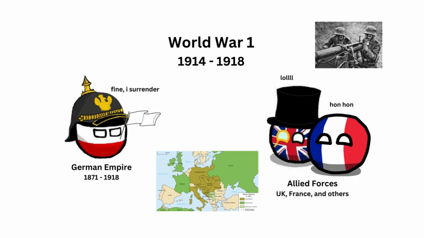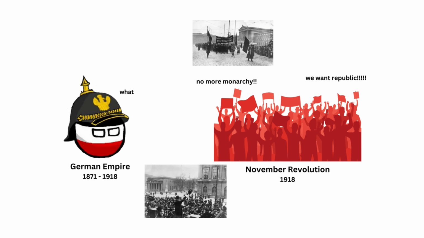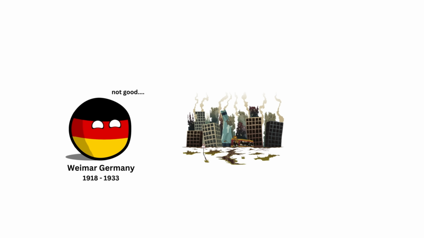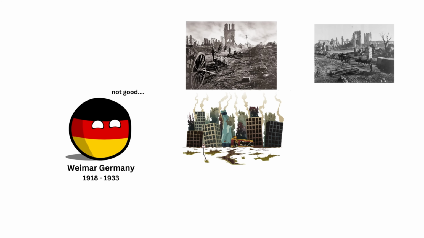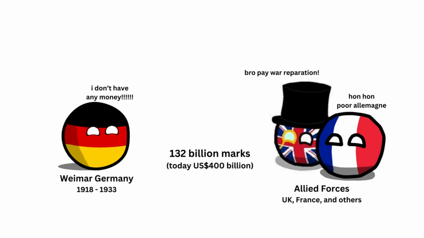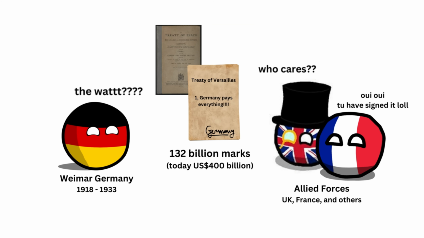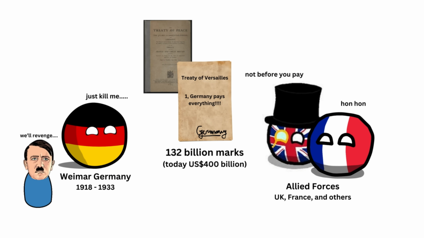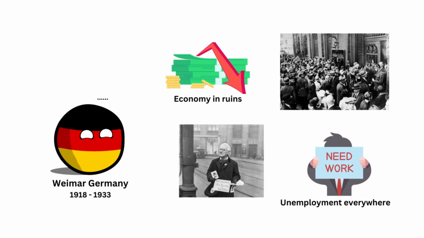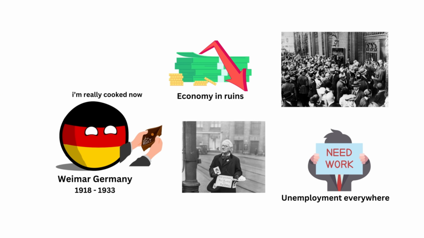So, after the German Empire lost World War I, the German Empire was abolished in a revolution and the Weimar Republic was established as the new Germany. The Weimar Germany was severely devastated by the war, with infrastructure in ruins and chaos all over the country. To worsen matters, the Allied forces imposed hefty war reparations based on the Treaty of Versailles, which also angered this Austrian painter. The economy was in ruins, unemployment was rampant, and the government had no money.